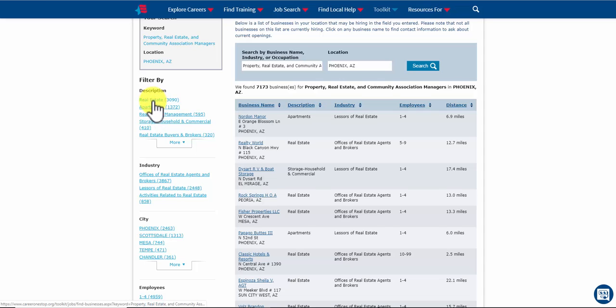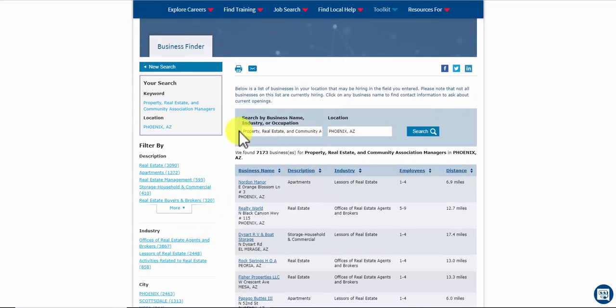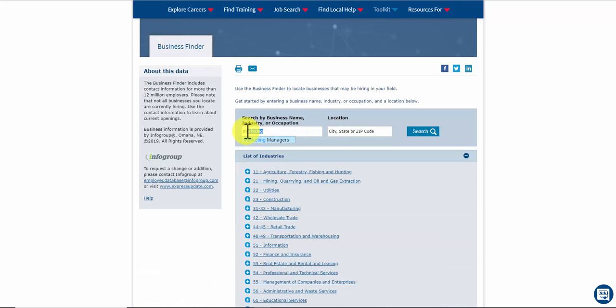See real estate, and there's real estate management again. Okay, real estate buyers and brokers, office of real estate agents. If you want to be a salesperson in real estate, again, this is the best way to search for jobs. Let's try something else. Okay, let's talk about marketing. So when we type in marketing,